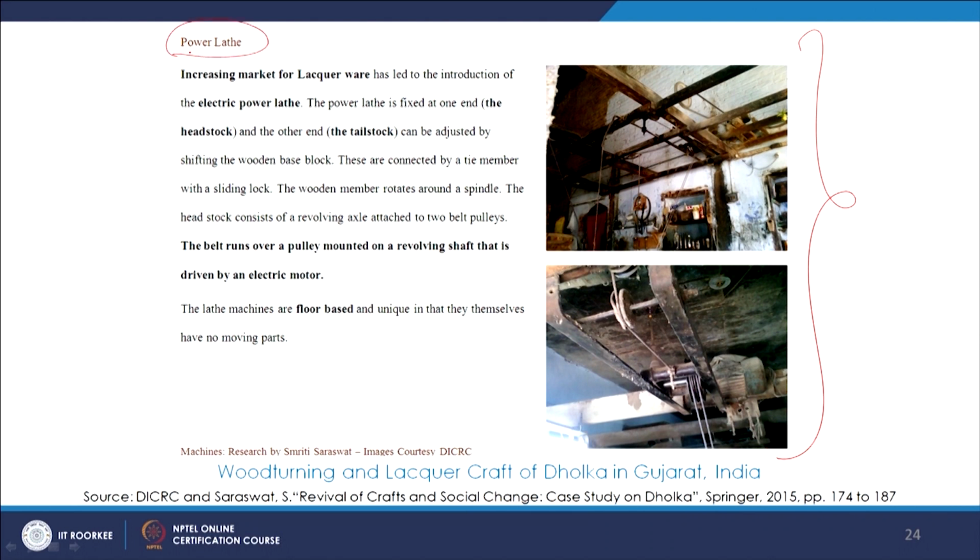While if we see the other cluster that we are talking about, Dholka, here they use the power lathe. Here it is operated by weights and pulleys and the conveyor belts, and the production increases manifold, the time consumption is reduced, and the product range is completely different. And they also used bamboo instead of timber, because timber is not available in that much abundance, and different kinds of joinery also,